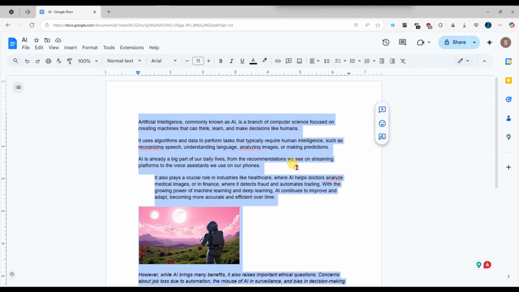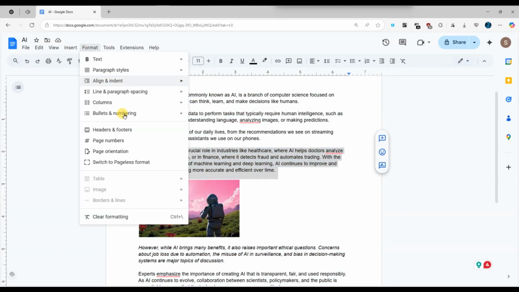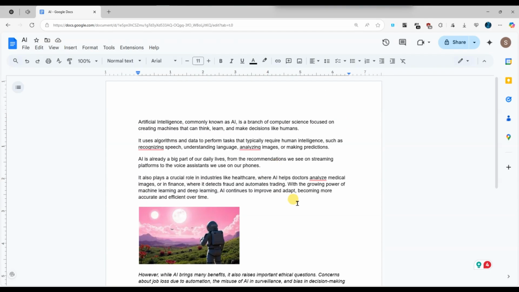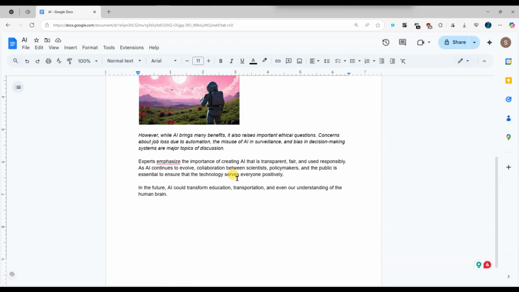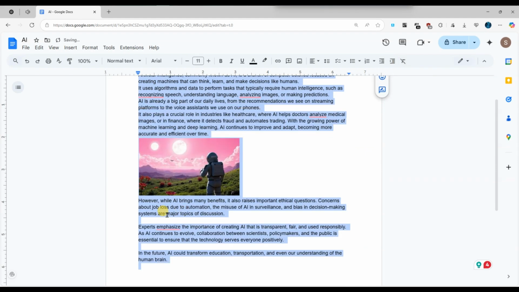To fix unwanted indents or margins, click Format, then Align and Indent, and adjust the indentation options to reset them. Sometimes pasting text from other sources causes hidden formatting issues. In that case, clear formatting by selecting the text and clicking the Clear Formatting button, which looks like a T